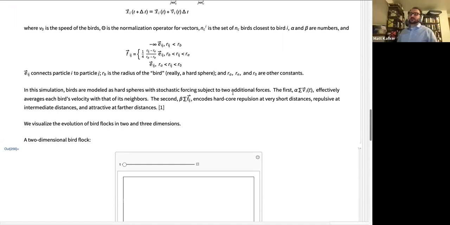My understanding is that this topological nature of the interactions is one of the important features for getting bird flock behavior in particular. So it doesn't seem like it would be that difficult to construct some simple program that would count its topological neighbors as opposed to its neighbors on some sort of CA grid, and do something with that. But I don't know. I mean, that would be cool to see.